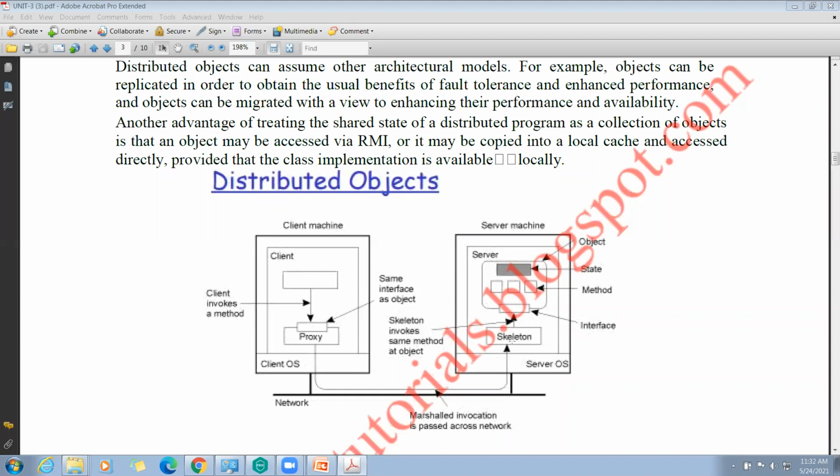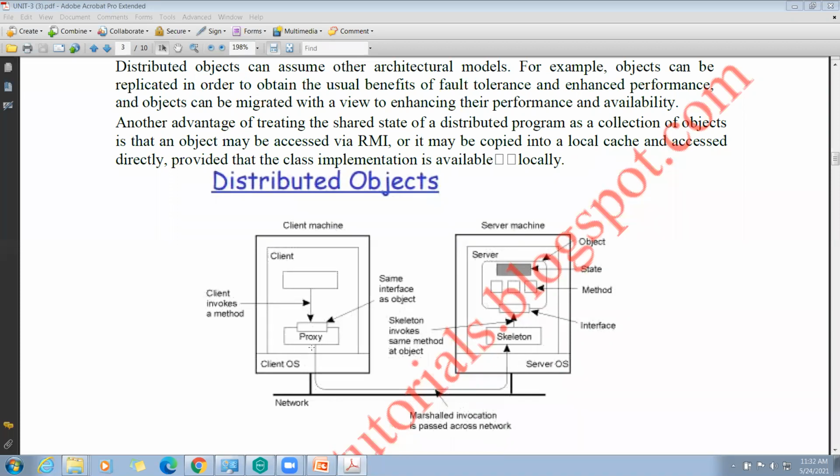here is the skeleton. What do you know about skeleton and stub in Java? Have you ever heard about this? Yes. The skeleton is like an object that acts as a gateway for the server side object. Okay. Here, what is the responsibility of the skeleton? The main responsibility of the skeleton is the incoming request. Incoming request means the invocation sent from the client machine to the server machine. All the incoming requests are routed to it.